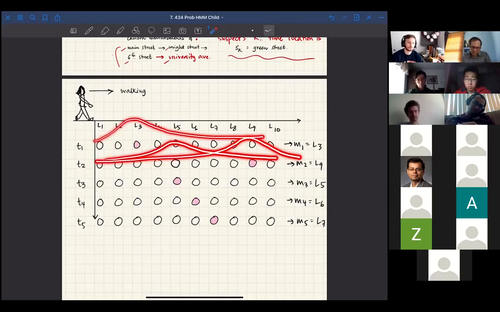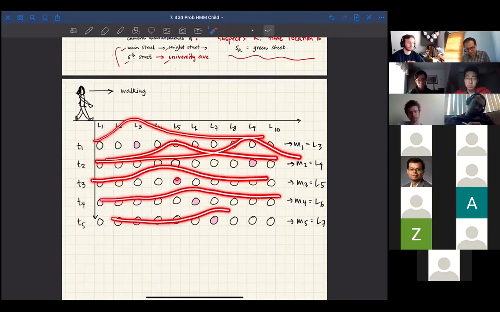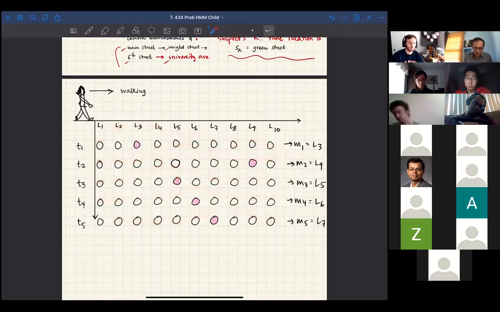Okay? And then you say, okay, at time t3, the user is over here. That means it's very likely that it's like this, because time t3 again agrees very well with my motion model and the measurement. T4 also agrees very well. T5 also agrees very well. So your final trajectory would look like,